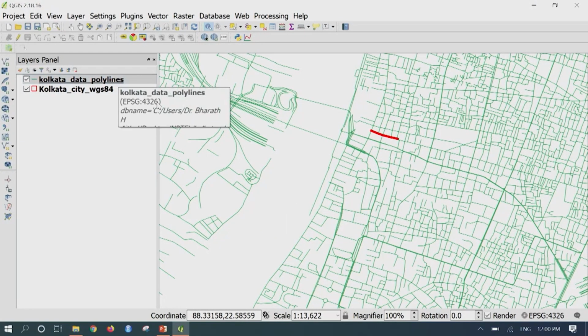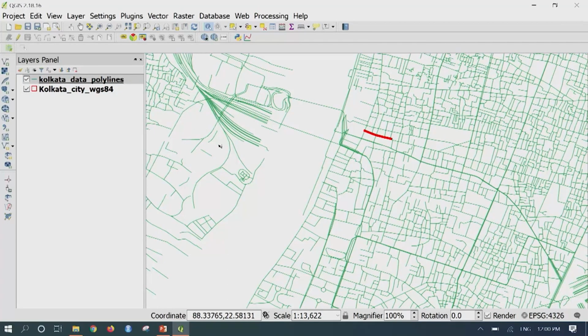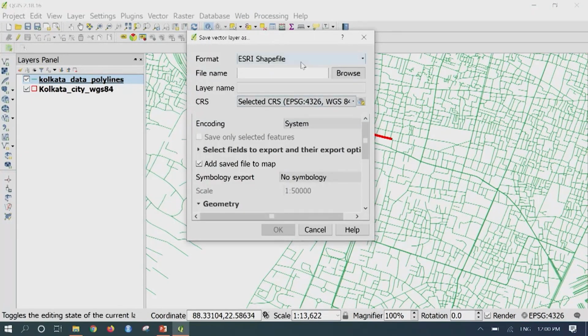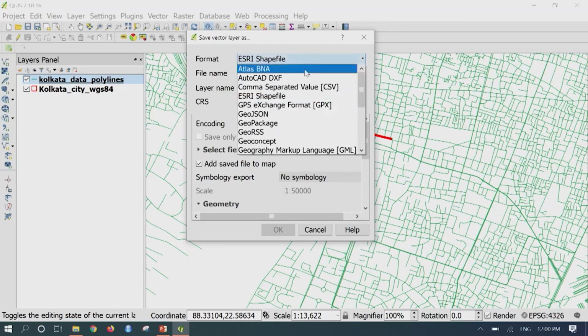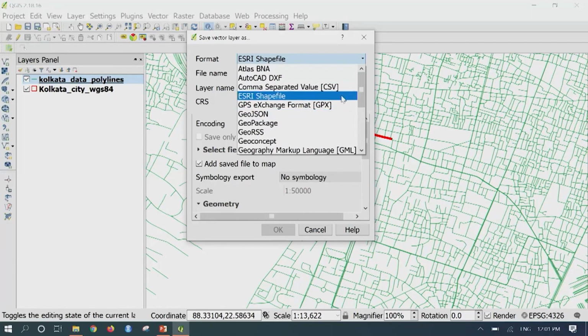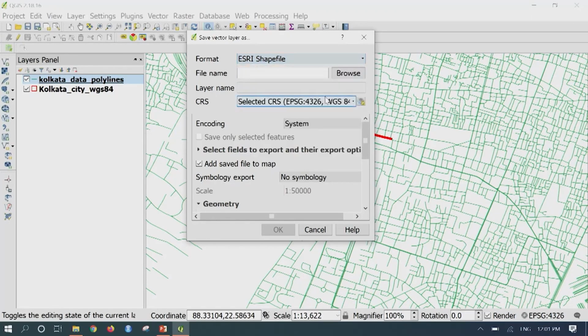This is in SpatiaLite format now. You need to convert it into a shapefile before using it efficiently in your system. So how to convert this particular data into a shapefile? You just have to save it in shapefile format. Go to the layer in the layer window, right click, save as. Currently the format is showing ESRI shapefile. If you want to change it to any other format, you can do GeoJSON, KML or any other format. Currently we will do the standard format called ESRI shapefile,